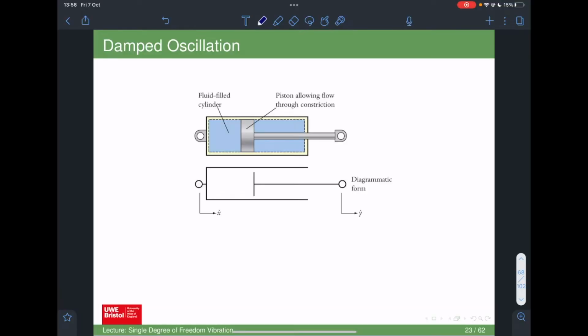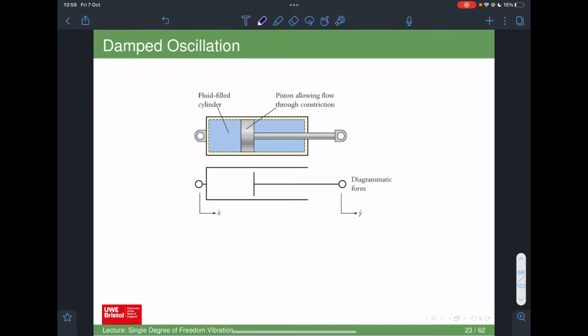Damped oscillation. So what do I mean by damped oscillation? Basically, when you've got a system that's oscillating in real life, there's going to be energy that's disappearing from the system. And that energy, either we want that energy to disappear, or it quite obviously does,